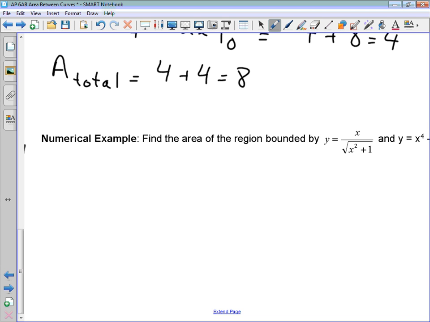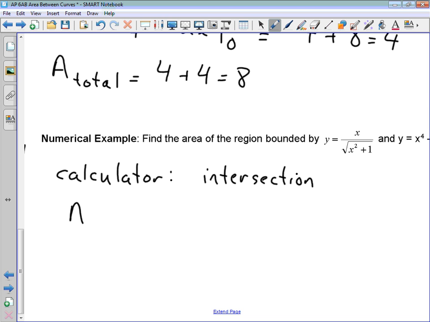I don't think I'm going to record it. But the steps are still the same. You're going to use your calculator, whatever calculator you're using, to find the intersection. Okay? And then you're going to use the intersection that you get from the calculator to evaluate your integral. Okay? And the integral that you're going to do is the integral over, well, whatever your two limits are,